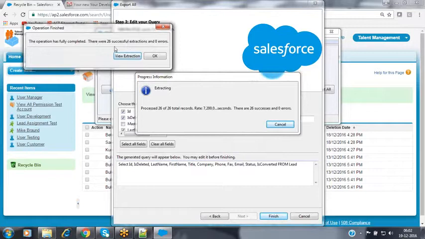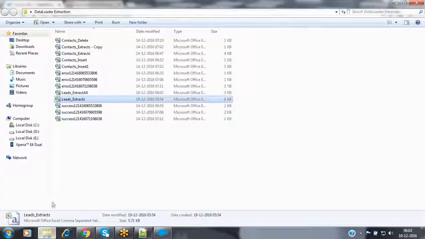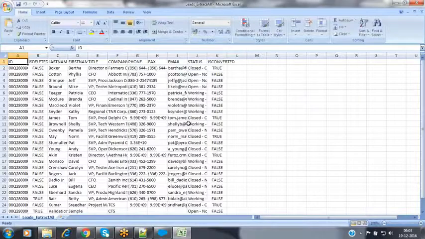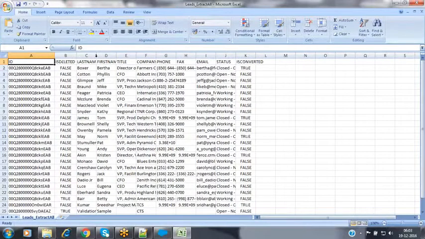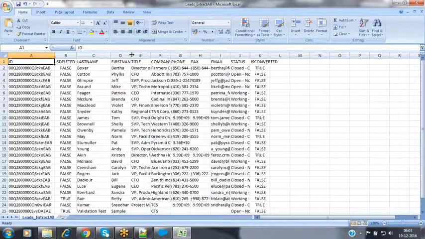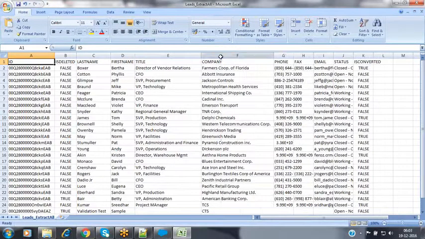Now it has extracted totally 26 records. Click on OK. Go to your file and open that file to see all the records here. Now totally 26 records were there, and from the 26 records, I have removed 3 records from my object.